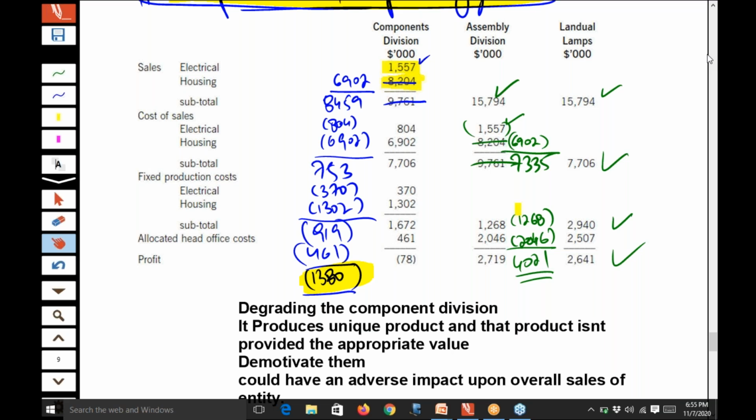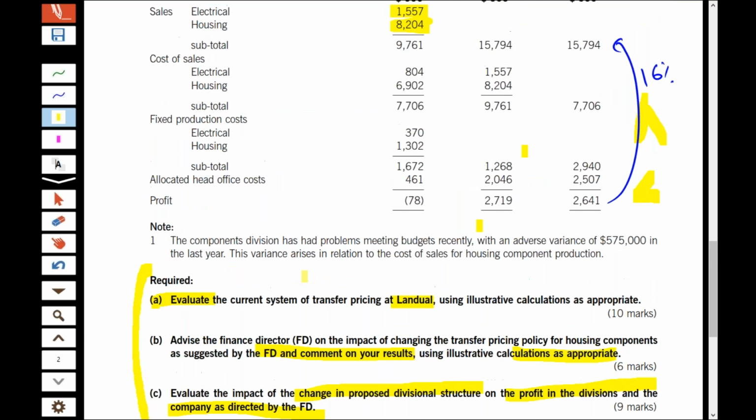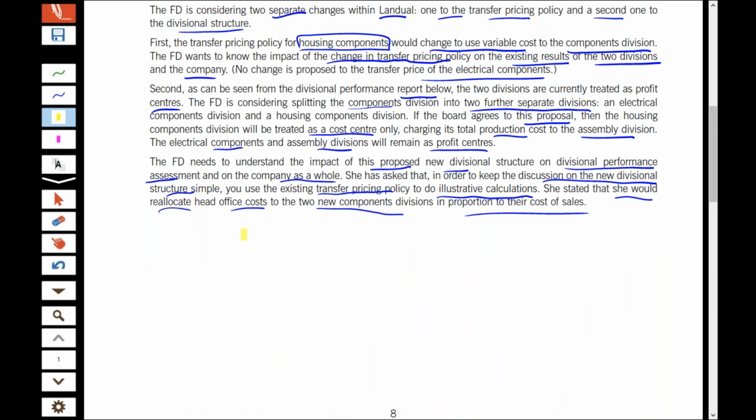On to the third requirement of the question. It says, evaluate the impact of the change in the proposed divisional structure on the profit of the divisions and the company as directed by the FD. So what is the proposed change to the division? It's actually separating these divisions,